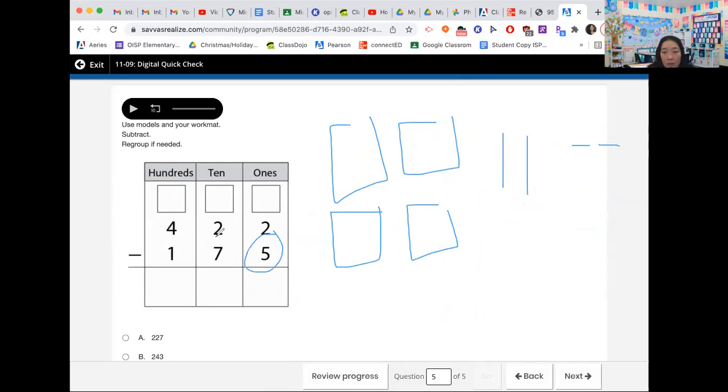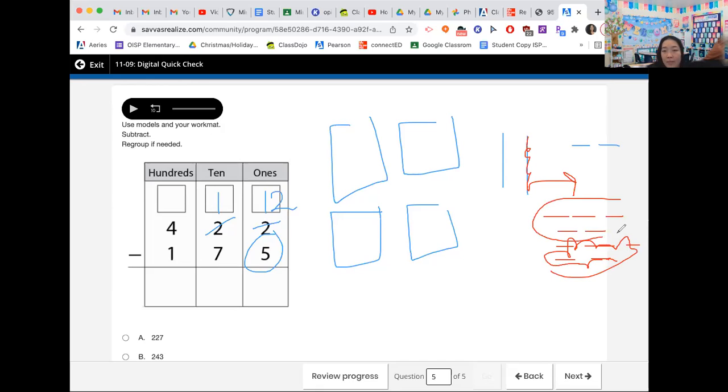Not enough ones on the floor. Go next door and get 10 more. So I'm gonna go next door. Hey, 10, you're gonna come over with us. Okay. 1, 2, 3, 4, 5, 6, 7, 8, 9, 10. Okay, I'm gonna take away these 5. And so we have 5 red left and 2 blue left. What is 5 plus 2? 7. So 7. 12, we had 12 ones minus 5 equals 7.